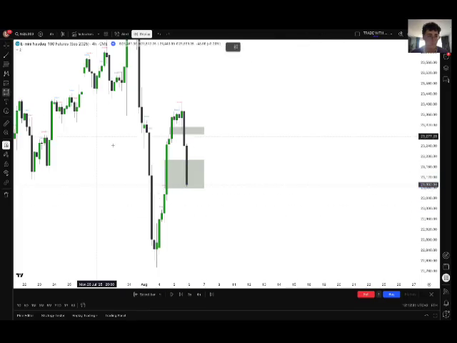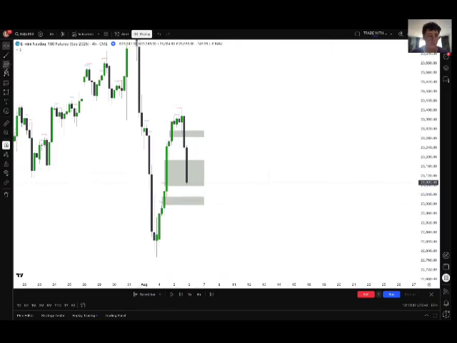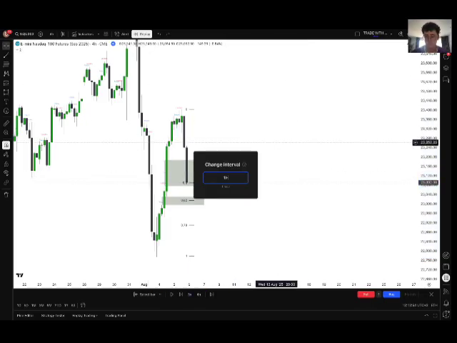But then we had another one over here. We had another 4 hour bullish fair value gap. If I draw from the low to the high with the fib, you can see that that fair value gap was in a discount. So overall, I was thinking that price is going in that fair value gap, since that fair value gap is paired with the discount of the range. So I'm gonna delete this one.